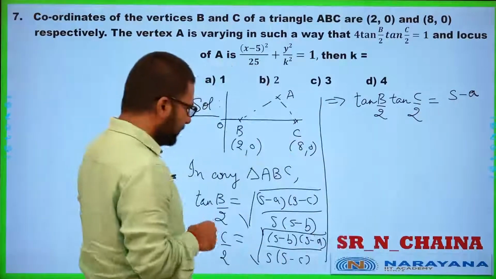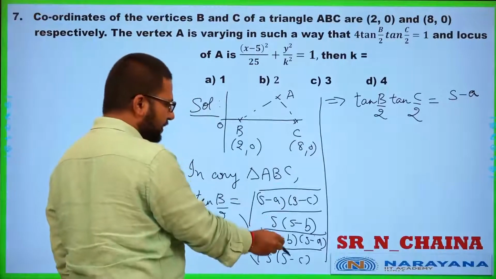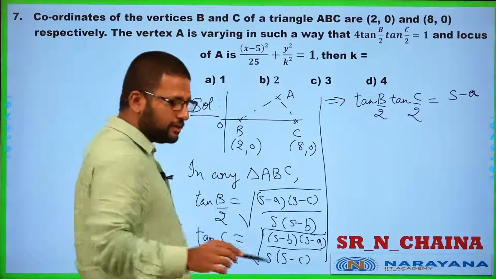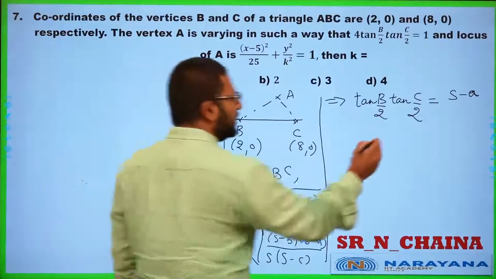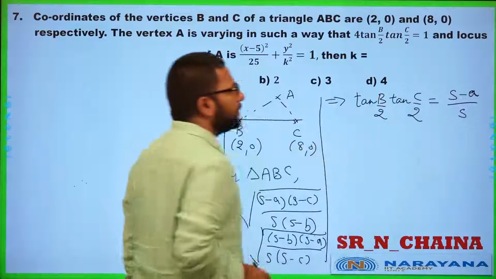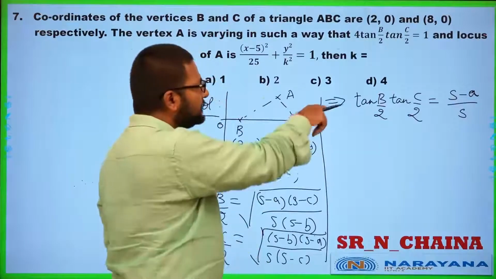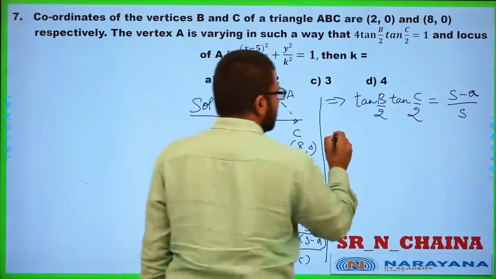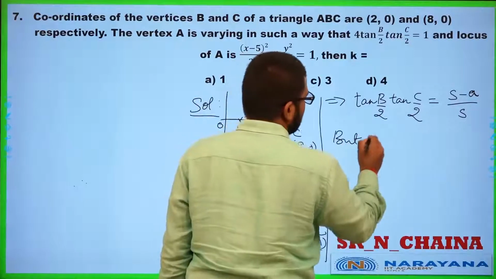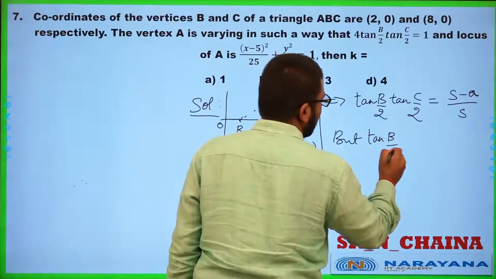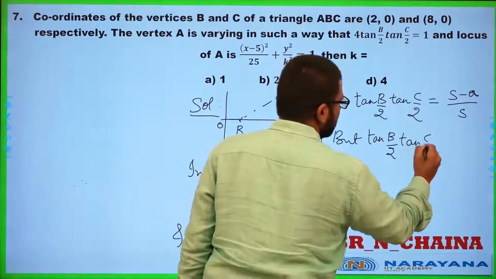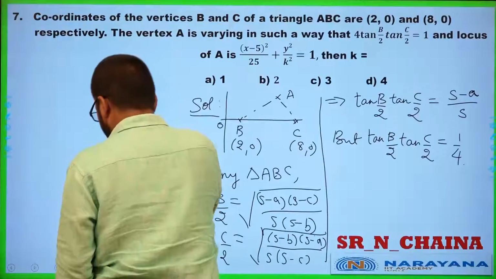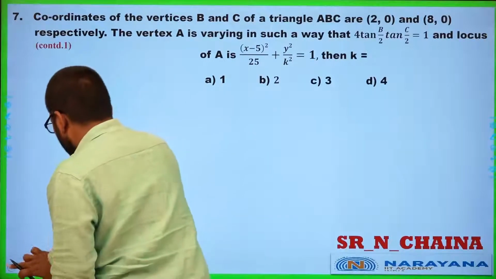Then S minus C is here in the numerator, the denominator cancels. S minus B in the denominator, the numerator cancels. S is there only in the denominator, so it will remain. But it is given to be how much? 1 by 4, right? tan B by 2 tan C by 2 is given to be 1 by 4, which means